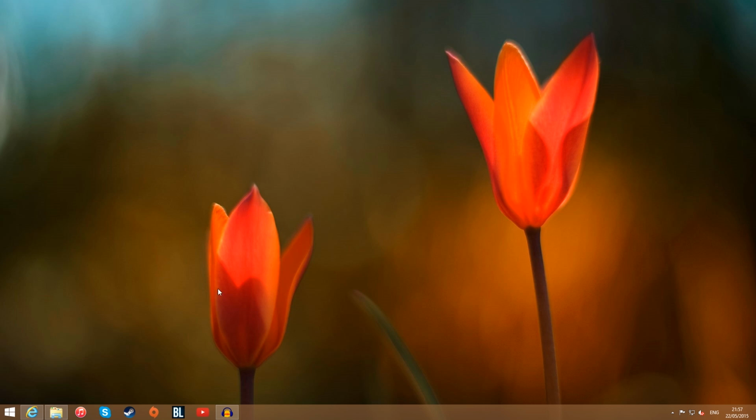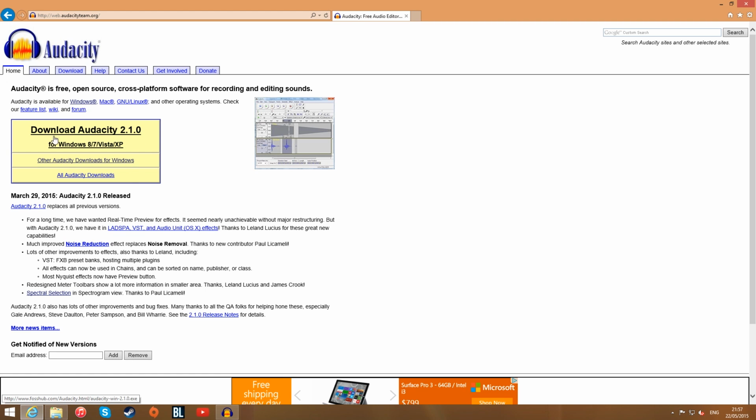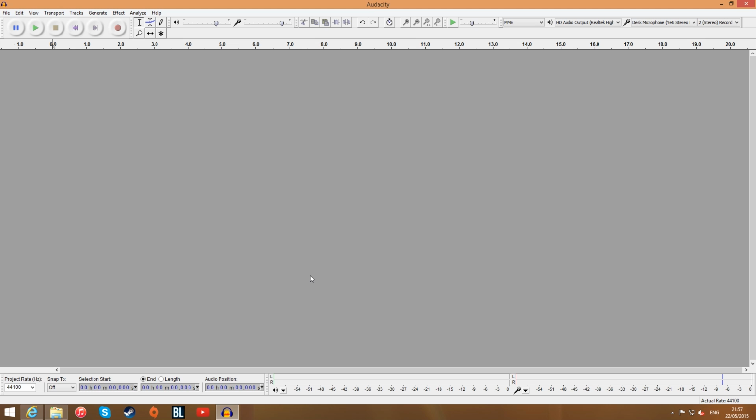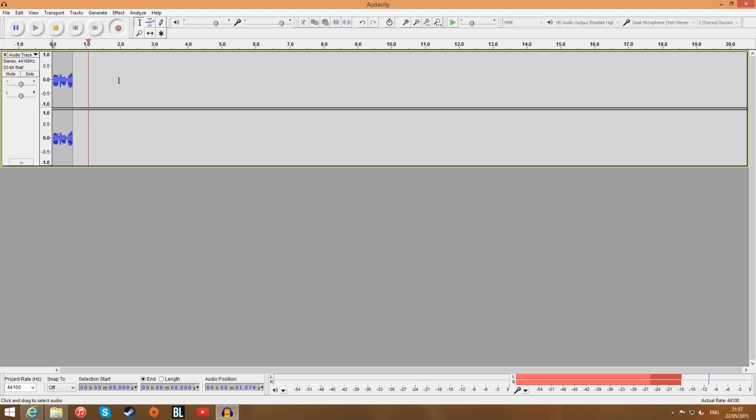The way I recommend you do this is to download Audacity. You can get this from their website. Just click that and follow the instructions to download and install, and then open up a new session. From here, all you need to do is just try and establish a baseline, what you're working with by default. So hit record and you'll be able to see the waveform up on screen here,